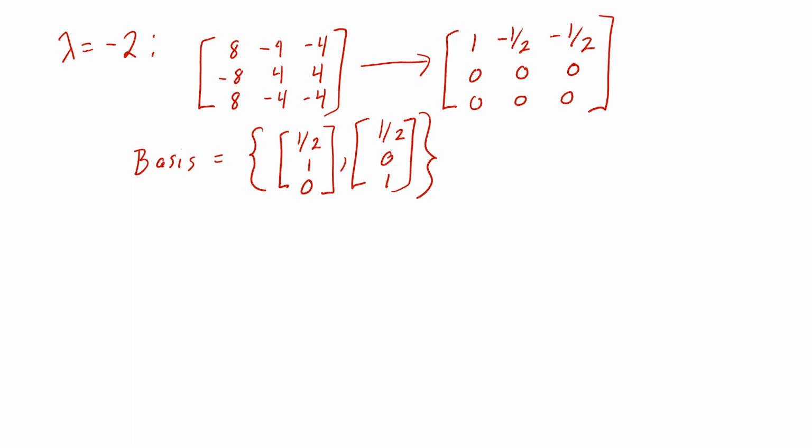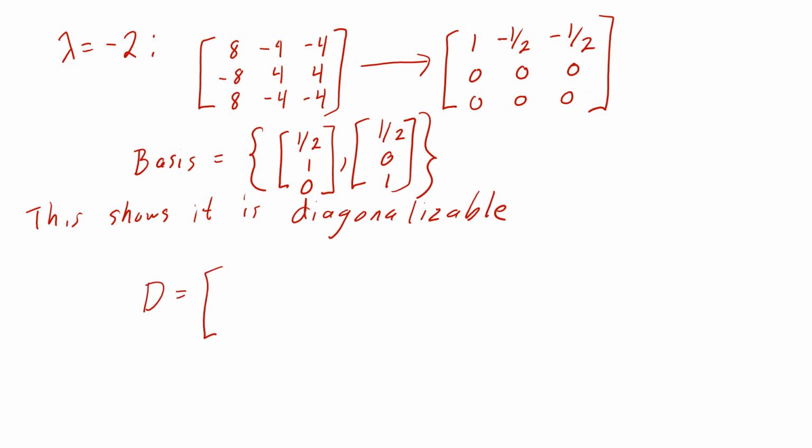Your second eigenvalue has multiplicity 2. Its eigenspace has dimension 2. You are diagonalizable. So this shows it is diagonalizable. Now, moreover, at this point, we can get our matrix D, which is